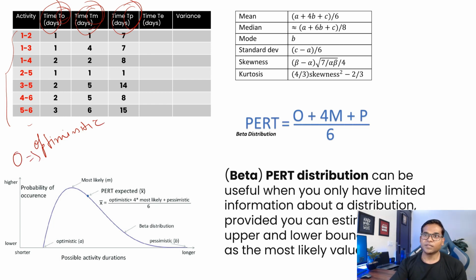Then we have another time column, which is your most likely time. So M basically denotes your most likely, right? This is the time which you think, because in the real world not everything is going to happen as per your assumption, right? Projects are dynamic, and they deal with dynamic situations, and there are a lot of factors which impact your project activity and durations,